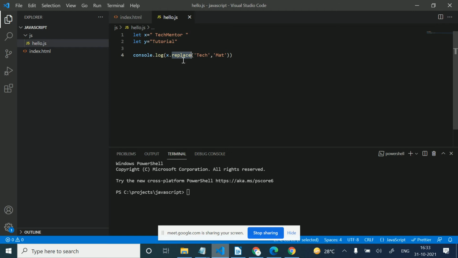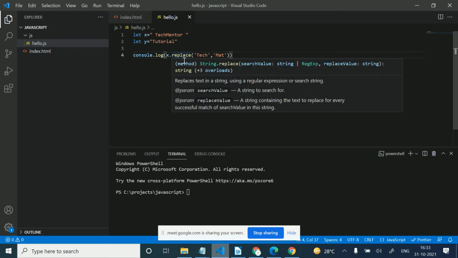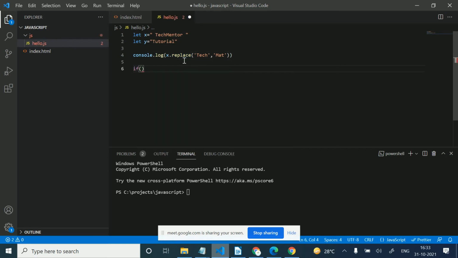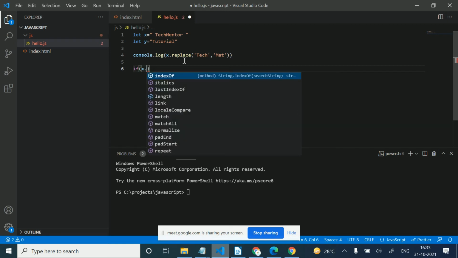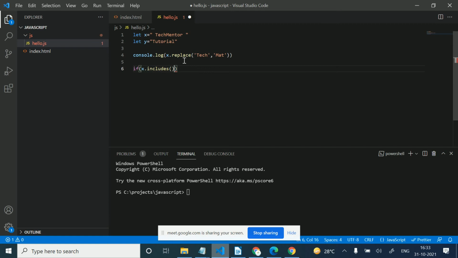Another very important function is includes. Includes checks whether a string contains some piece of substring or not. It returns a boolean, true or false, and we generally use it in an if condition, like x.includes("tag").